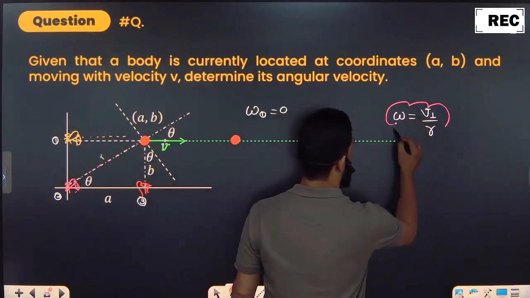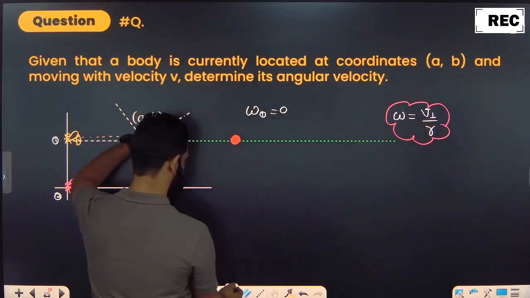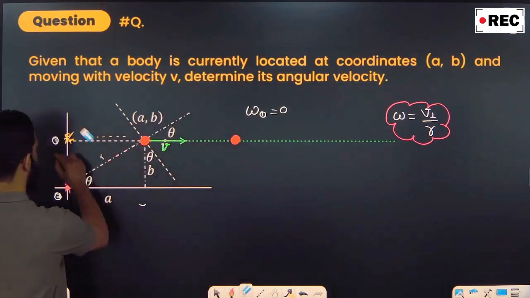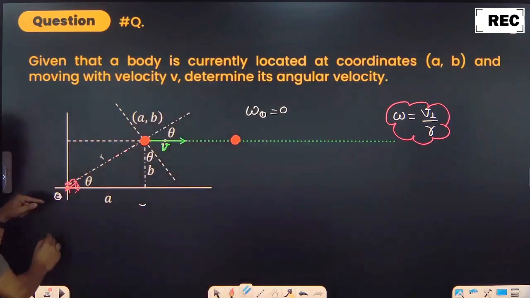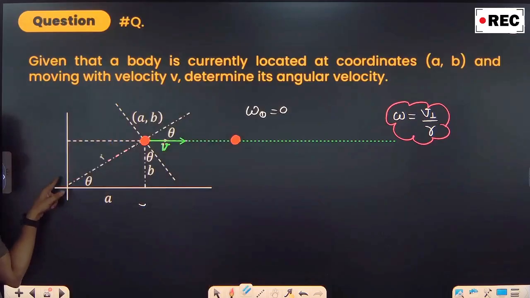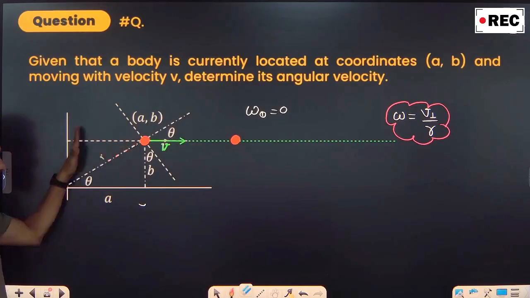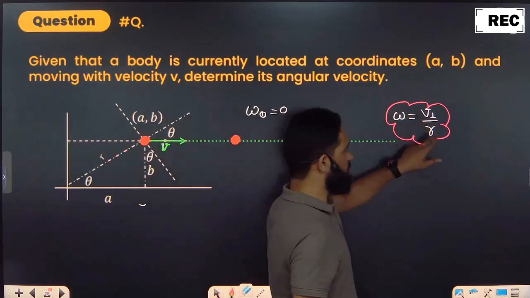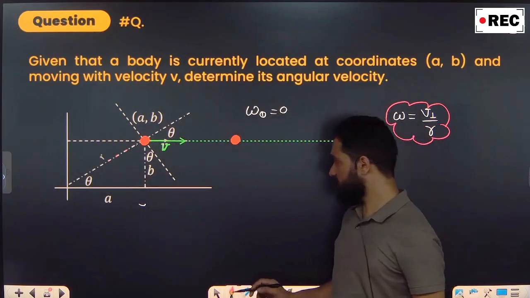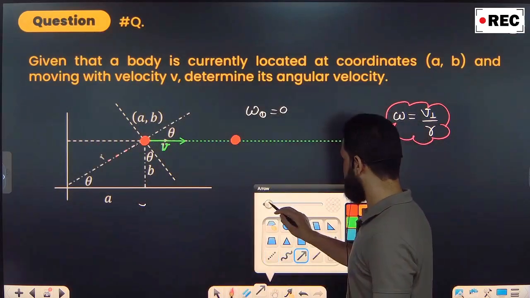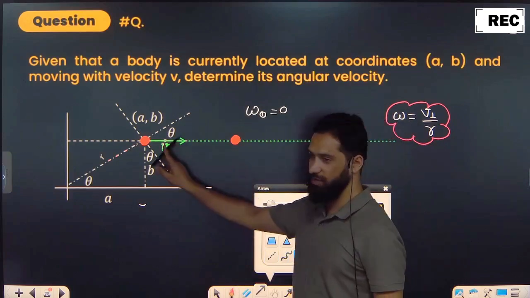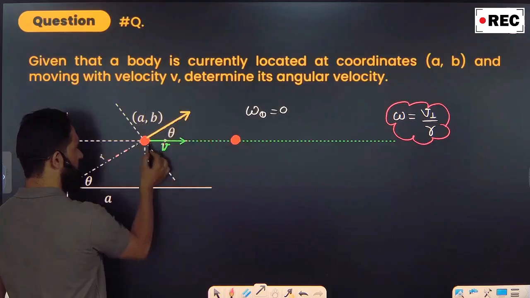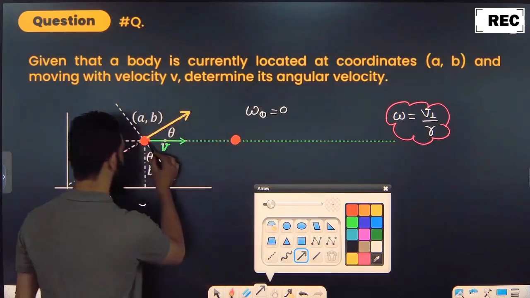This velocity was v, and this velocity will have two components. Here I would say you have to find out, about the origin, how much omega will be, through what angle the person at the origin has to turn his head. So I am saying two things: v perpendicular upon distance. So let's do one thing, I will divide this vector into two components. This was v, divide it into two values. This is one component, this is the perpendicular component. This is 1 and this is 2.